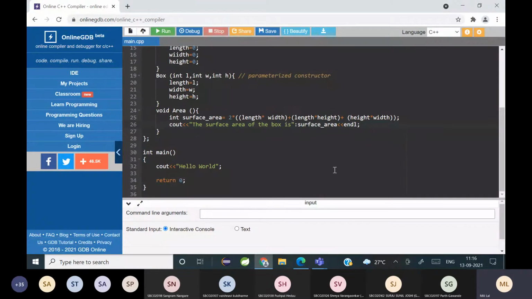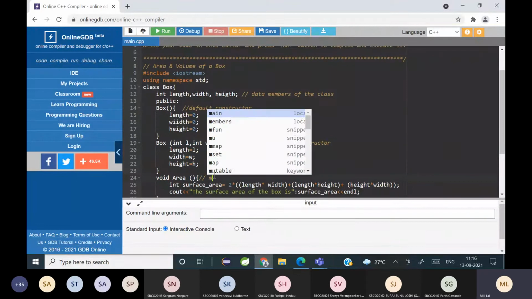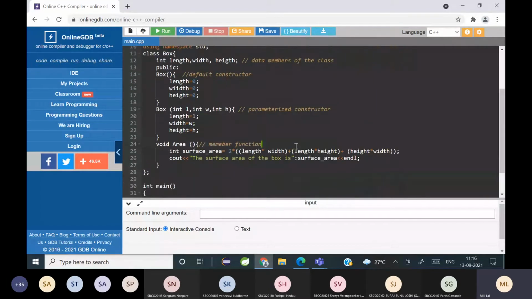Have you all understood? So this is a member function. Okay. Have you all understood this part so far?